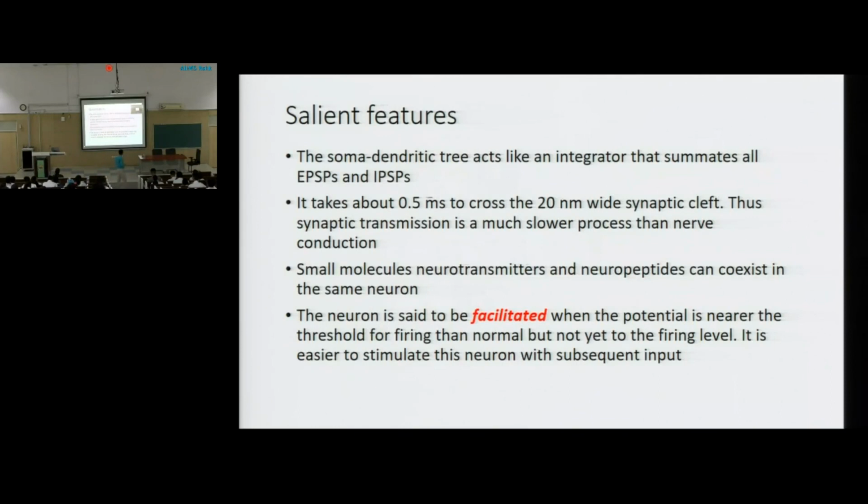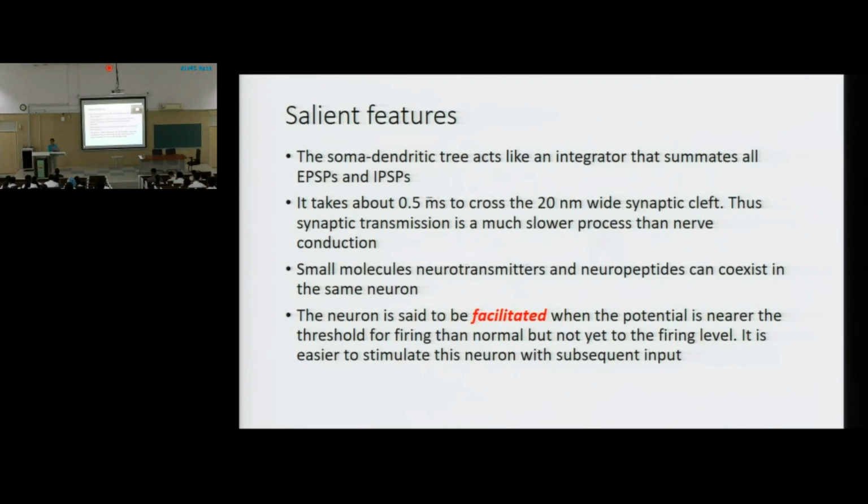Okay? Small molecules, neurotransmitters and neuropeptides, they can coexist in the same neuron. The neuron is said to be facilitated when the potential is nearer the threshold for firing than normal, but not yet at the firing level. ये क्लियर हुआ था आपको लास्ट टाइम कि मान लिया आपका इम्पल्स ट्रेवल कर रही है from pre-synaptic neuron to post-synaptic neuron, what will happen? पोस्ट सिनेप्टिक न्यूरॉन will fire, but उसका जो नेबरिंग न्यूरॉन होगा उसका potential भी change होगा towards positivity, ठीक है? So that now its potential is more nearer to the threshold level,